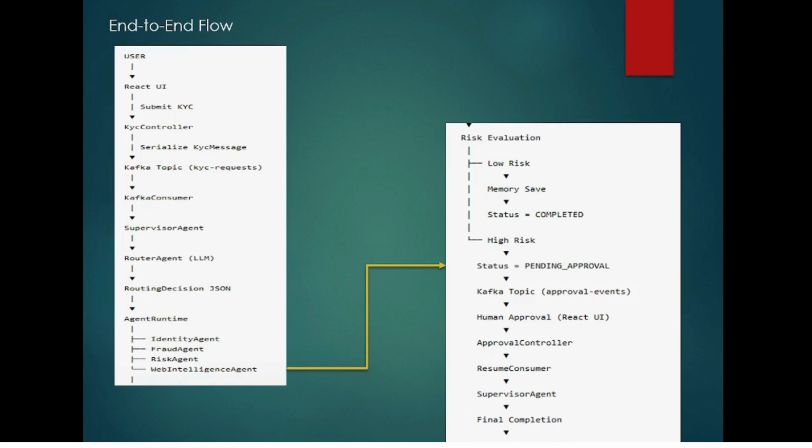The supervisor agent will talk to the router agent, routing decision, agent runtime, whatever agents you want, and all these things will be done once the risk evaluation is done. So there are two cases: low risk and high risk. If it is low risk, it will definitely go to the completed state. But in case the risk is high, here we have taken more than 70 as high risk. In that case, it will go to pending approval, and that will go to the Kafka topic,